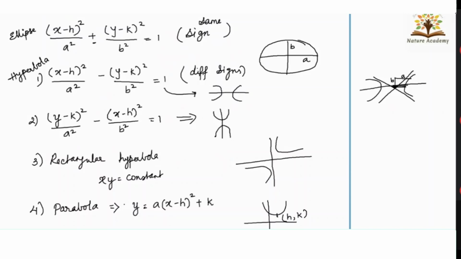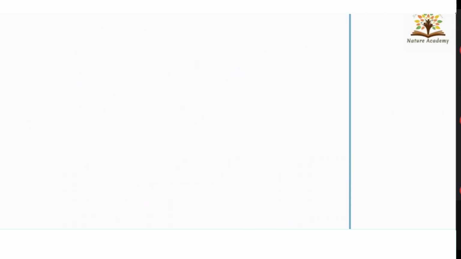Okay, now one more thing is there relating to the curves. They are known as orthogonal trajectories or orthogonal family of curves. Now you know what a family of curves is. We have understood that. But what is this orthogonal thing? If we have two families of curves, and every curve of one family cuts the curves of the other family at right angles, meaning they are perpendicular, then they are called orthogonal trajectories. I will explain it with an example.